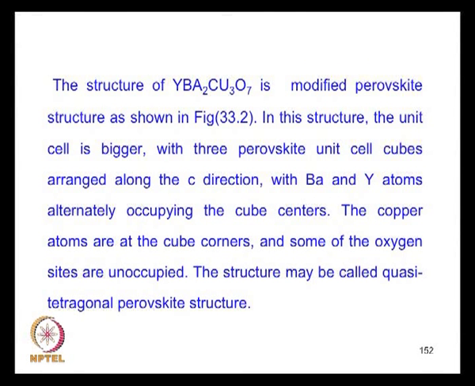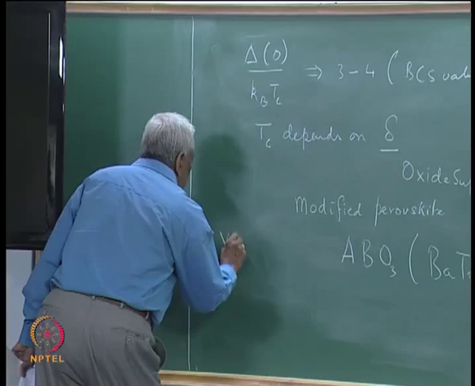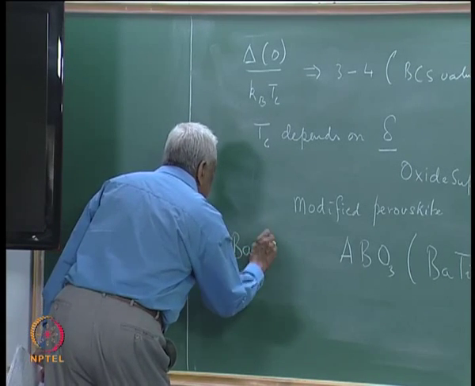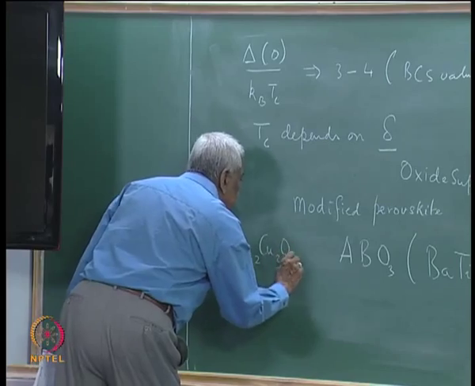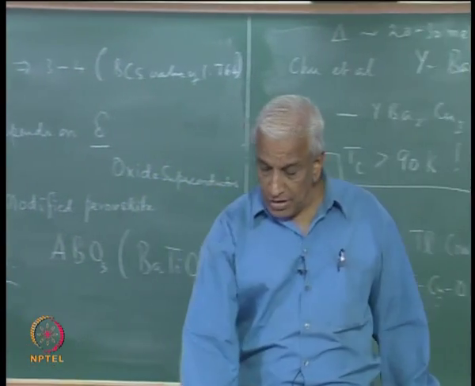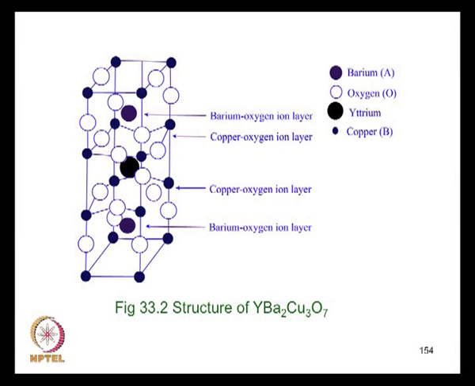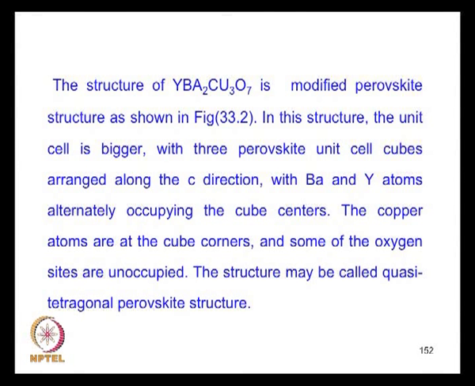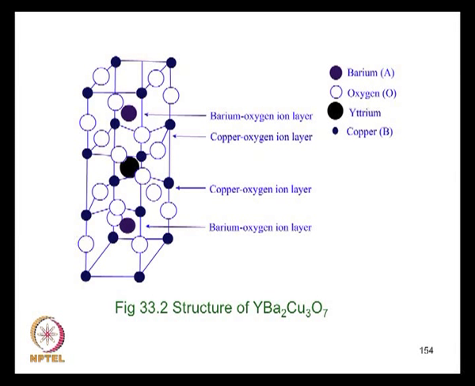Now, the yttrium barium copper oxide is a modified version of this. This is shown in the next figure. Now, you have a modified version in which we are showing the unit cell is bigger, with 3 perovskite unit cell cubes arranged along the C axis. You can see it is a tetragonal crystal, not a cubic one, and you have a C axis like this,